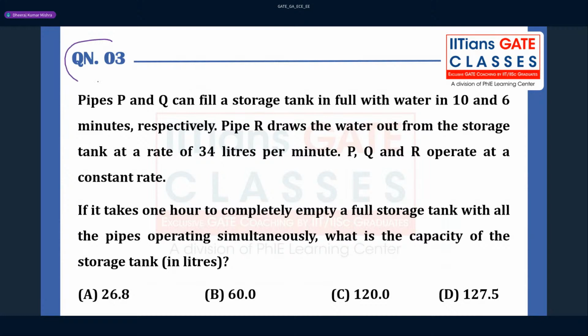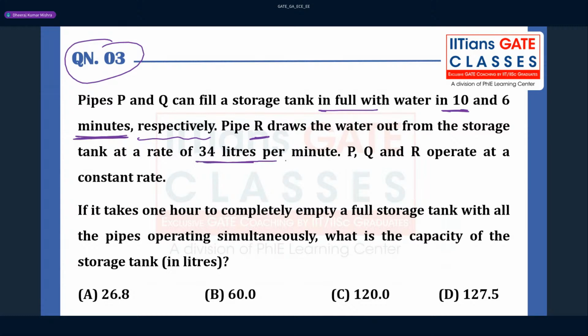Now let us solve this question, from pipe and cistern. You can say time and work, pipe and cistern. What they have given here is pipes P and Q can fill the storage tank fully with water in 10 minutes and 6 minutes respectively. Another third pipe is there, that is R, which draws water out from the storage tank at the rate of